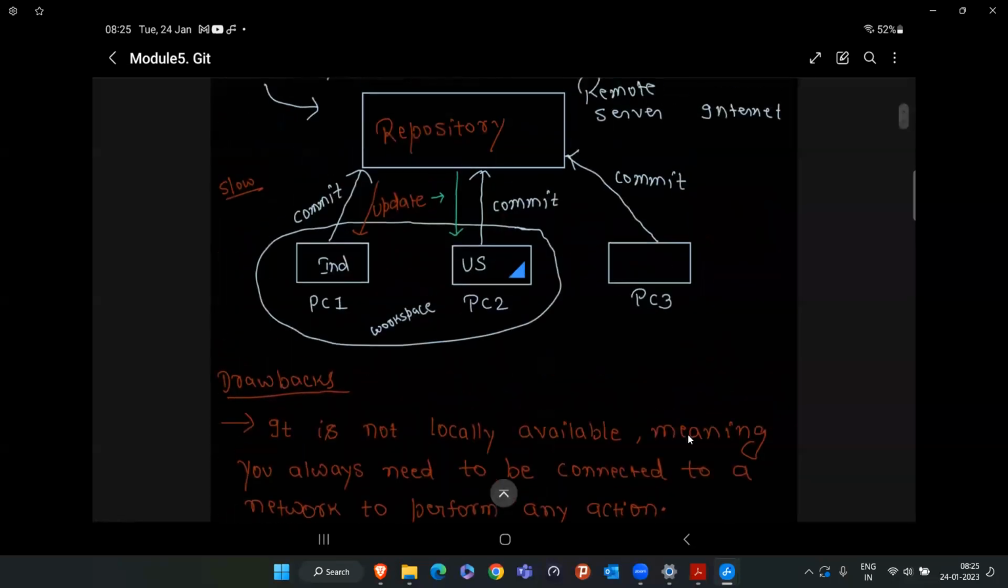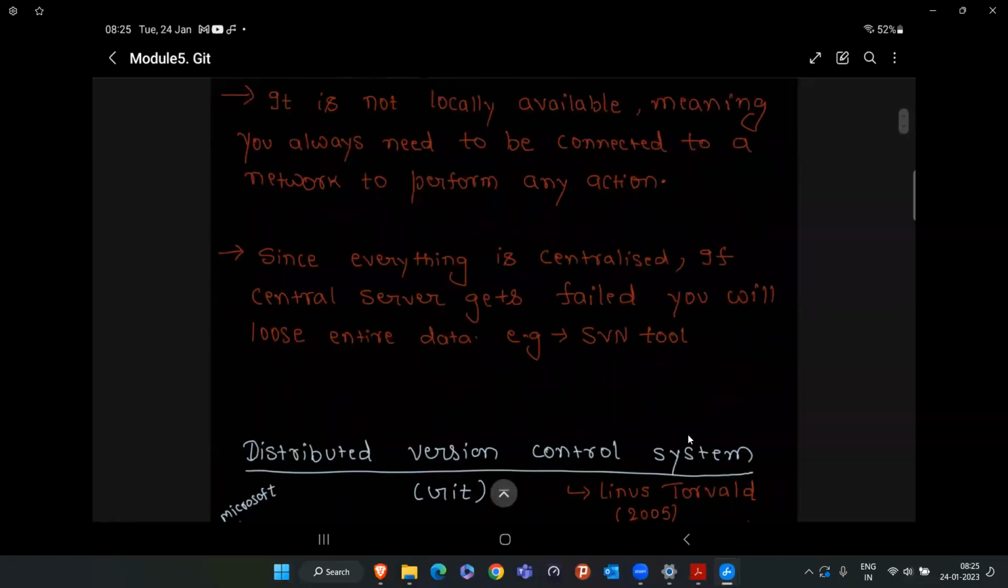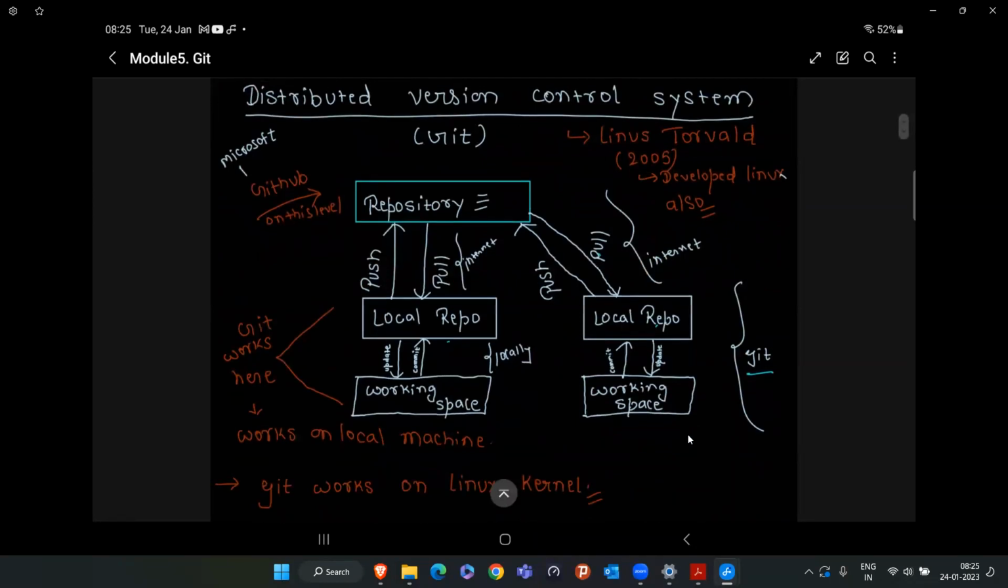That's why we required some new setup, and for that, corporate people found a different solution. That is distributed version control. Again, what is this? If you see the flow again, don't worry about why there are so many things. Just try to focus. The first thing you have to understand is that Git is an example of a distributed